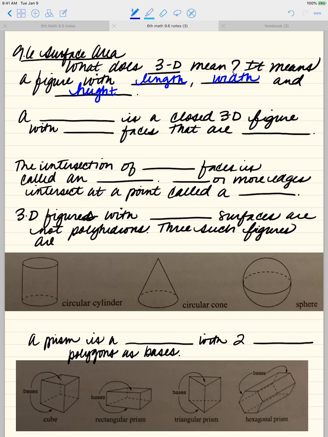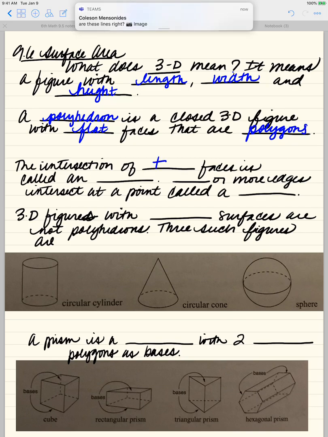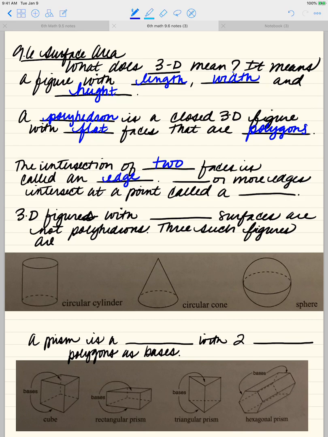Okay, and specifically we're going to be talking about polyhedrons. That might be a new term to you, but a polyhedron is a closed 3D figure with flat faces that are polygons. The intersection of two faces of a polyhedron is what we call an edge. Okay, and three or more edges intersect at a point called a